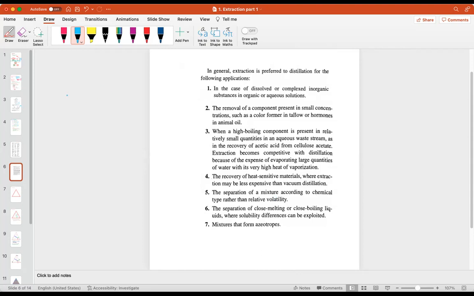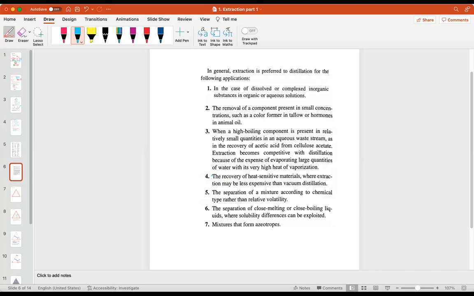The first one is where there is a dissolved or complex inorganic substance in organic or aqueous solutions. Also, if we heat it up or remove the component, it will sometimes have a color. And if we have a high boiling component, sometimes extraction becomes competitive with distillation. Also, if the mixture forms azeotropes,